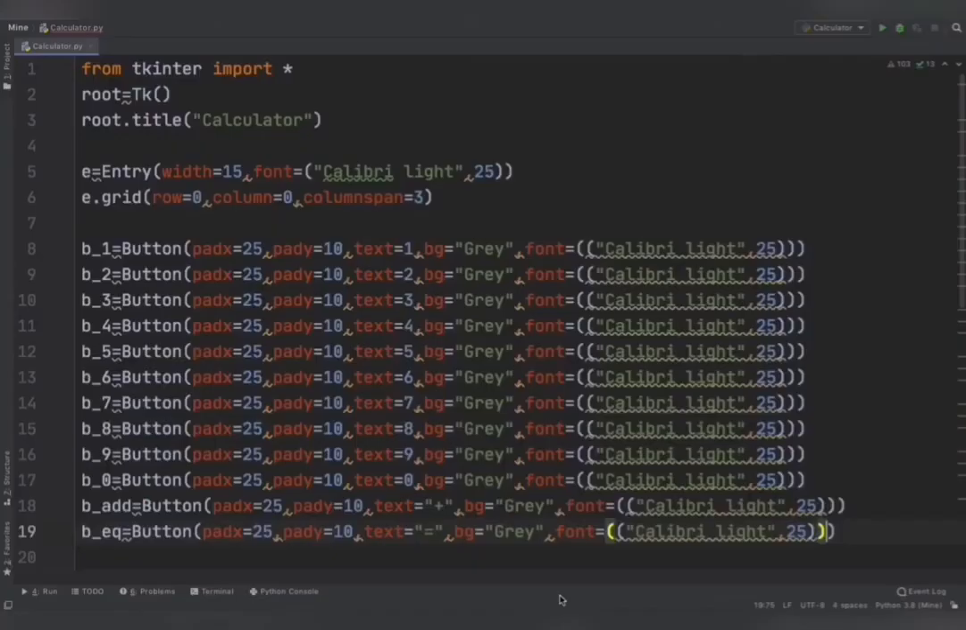This is the second part of making a calculator using Tkinter. In the previous part, I told you how you can design a calculator, but in this video, I will tell you how you can make a calculator work perfectly. So this is the code from the previous tutorial. If I run this code,